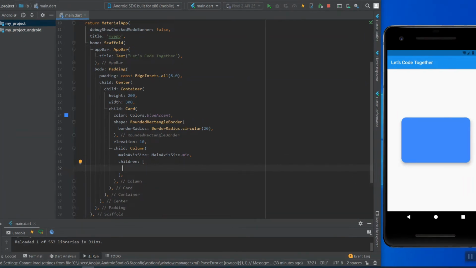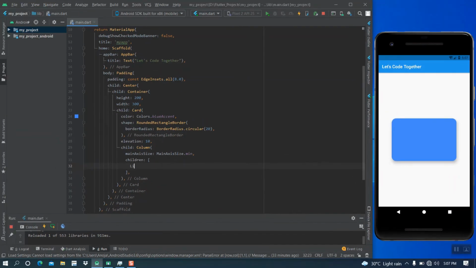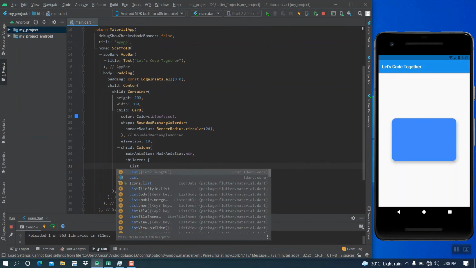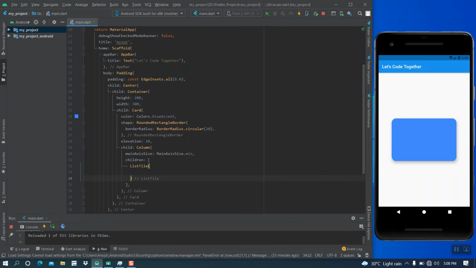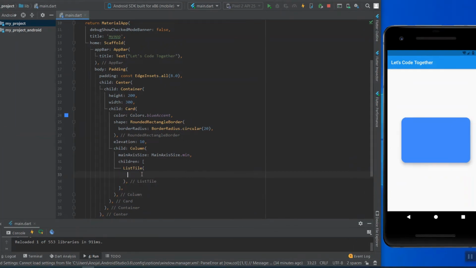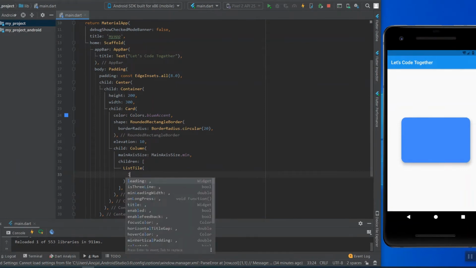First, I am creating the children list title. Inside this list title, we will have some leading icons.